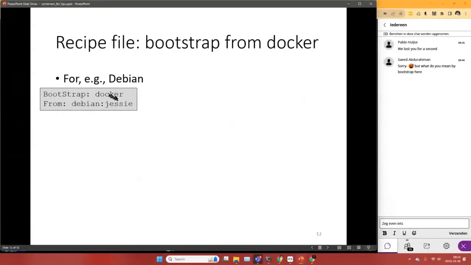The thing you need to do is to specify Docker as a bootstrap, and then you can just specify the Docker tag from which you want to create your container. So that's actually very nice, and that means, as I'll give some examples, that I don't really care whether or not I can use Docker, because I can always